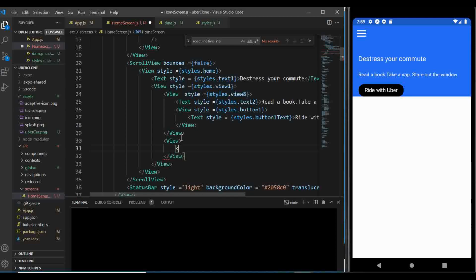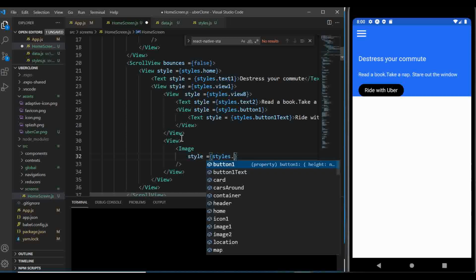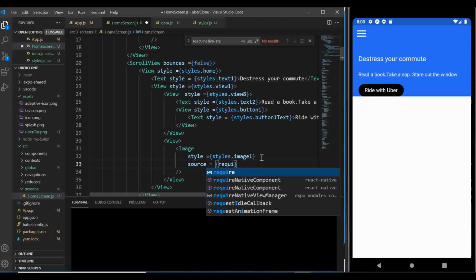Going to use an image component, and close that, self-closing, and we're going to pass some styles to it. I'm going to say styles equal to styles.image1, and we're going to pass another prop, which is the source, of course, and this we're going to say source equal to require. I use the require method,